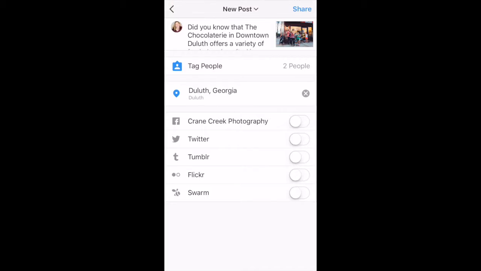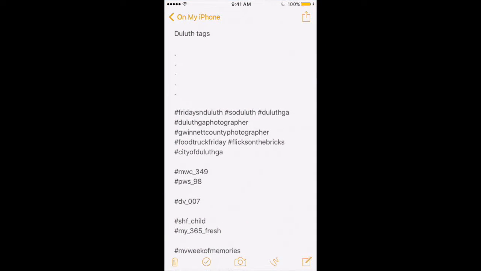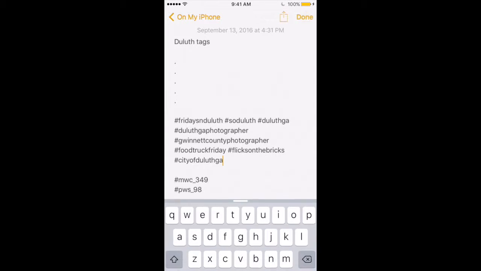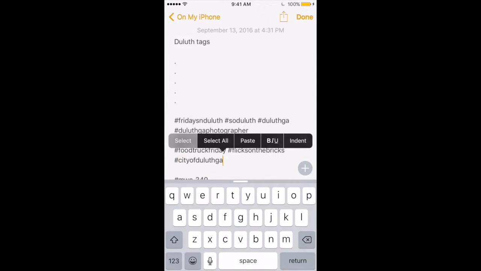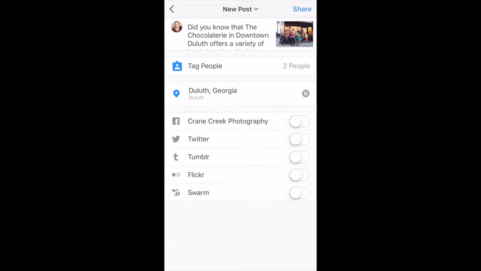But before I share it, actually, I did this one a little differently because I wanted to have the caption already copied for you guys so you didn't have to watch me fumble around on that. But what I'm going to do is go into my Notes app, and you can see I've got some Duluth tags here. I'm just going to tap to select, and you can see here, I'm going to copy that, go back to Instagram, and when I share this,